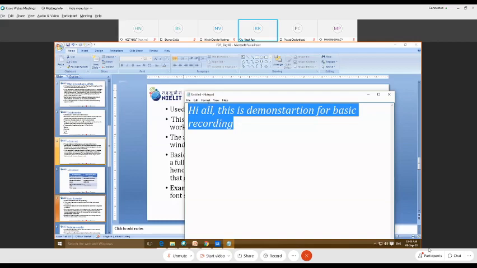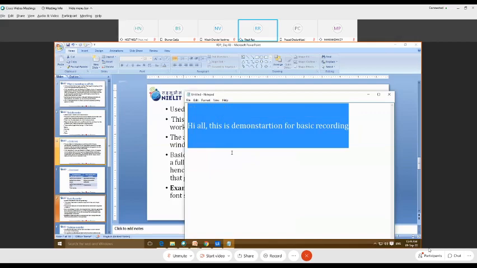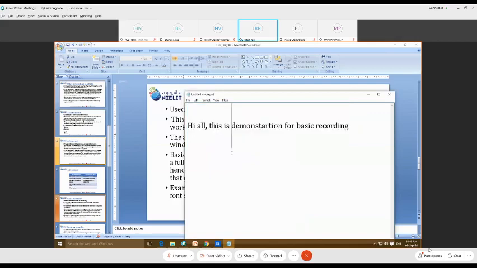So I'm going to change the font first. You can see here this particular text is Cambria. Suppose I'm going to change it to Cambria Math. Right now the font style is oblique, so we can convert it into regular, and the size is 36. You can change it to 26. So now you can see the change. I have converted the font style, font size, and everything.